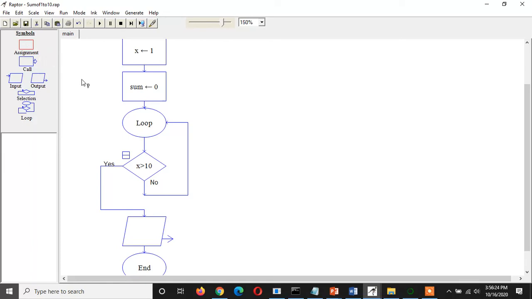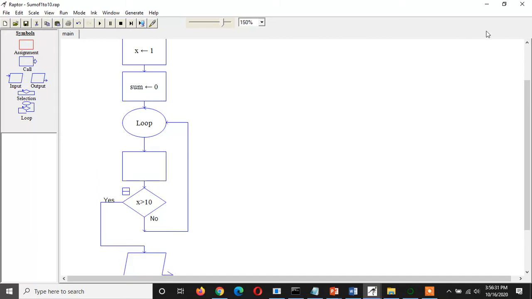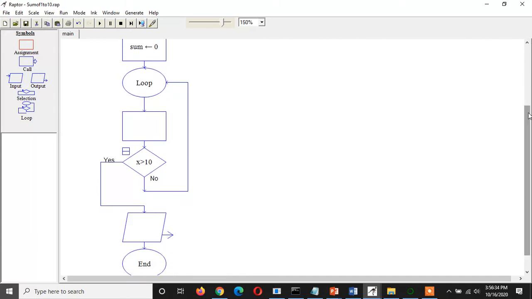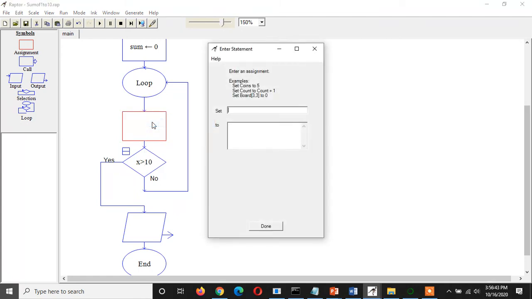So let me write this assignment within the loop, because that summation should be repeated 10 times, and that is why we have to write this into loop. So I am writing sum is equal to x plus sum, because we are going to add these two numbers, and whatever is the answer, that will be stored again into sum.